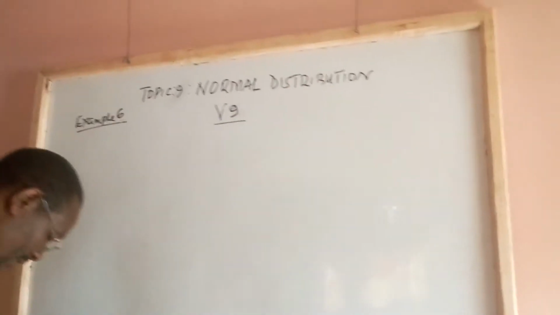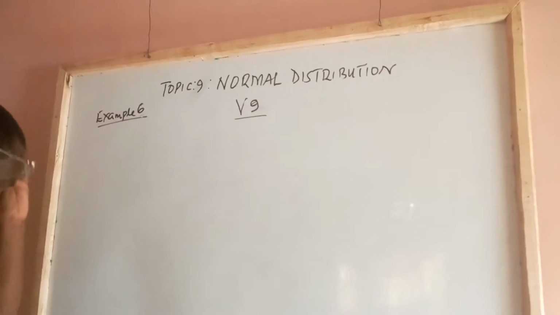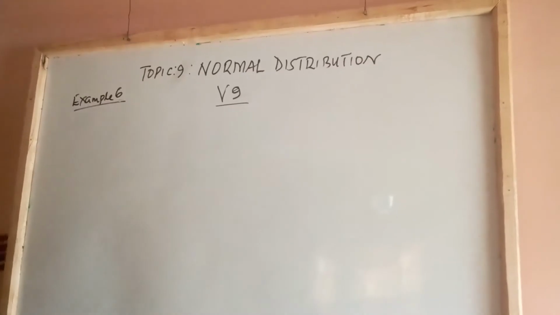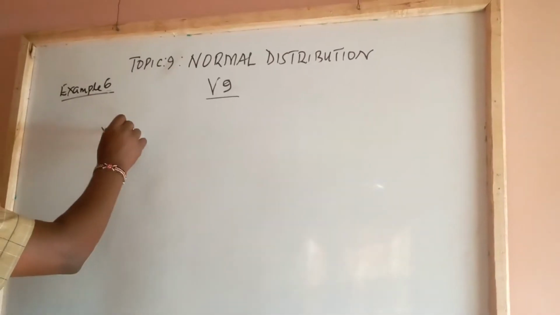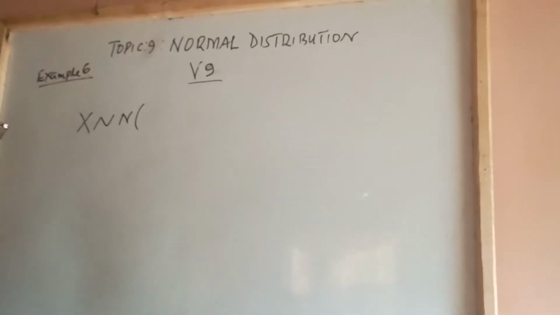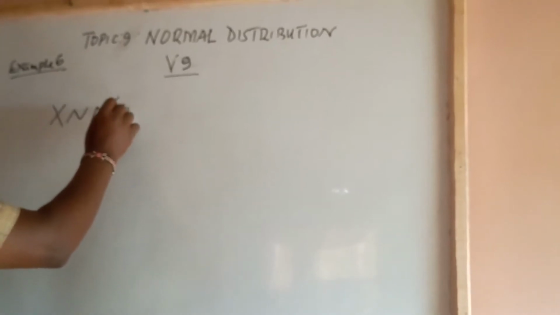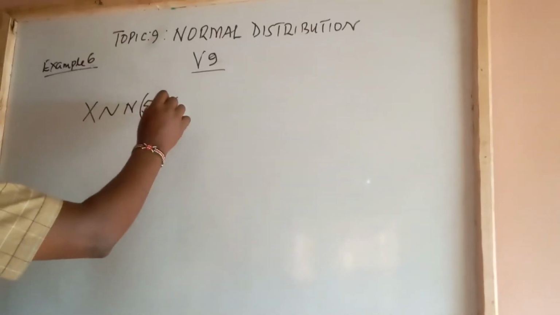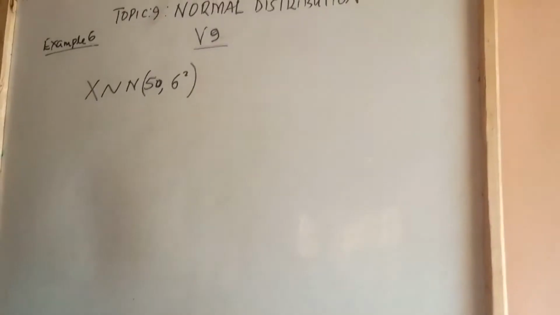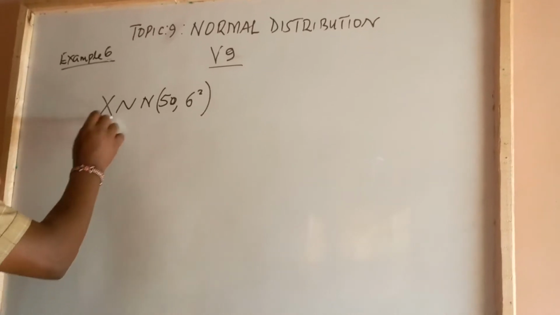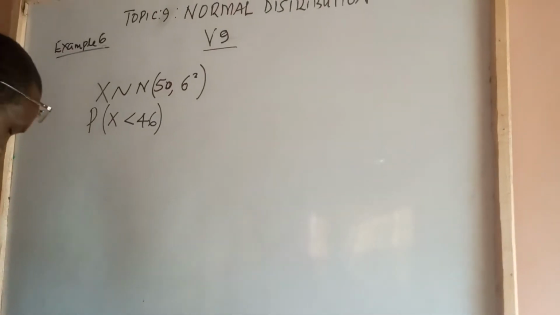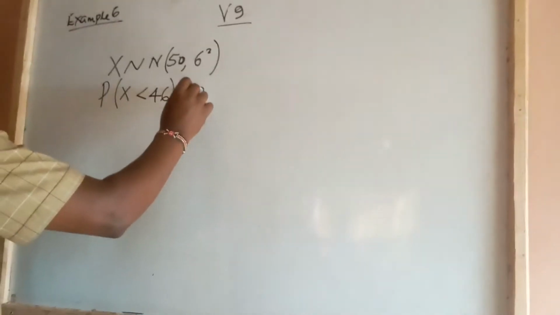Example 6 on page 186, we are told that the random variable x is distributed normally with a mean of 50 and a variance of standard deviation squared. Given that the probability of a certain variable x being less than 46 is equal to